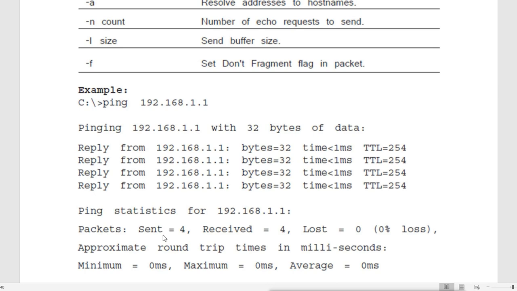So we'll see this statistics. It says that 4 packets sent and 4 received. Now 4 received means we get 4 replies and there is no loss. That means our machine is connected to this IP and the device which is having this IP address. And if we are not connected, our packets get lost and we will see 4 sent and 4 lost, no receive, lost all 4. So we will say that we are not connected with that. And then it will show you the time it takes to get the reply.